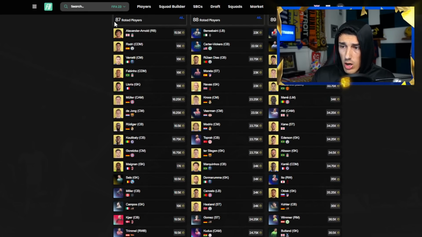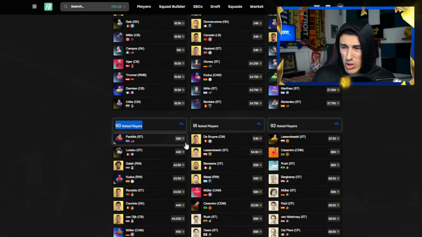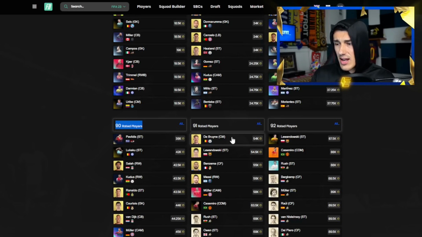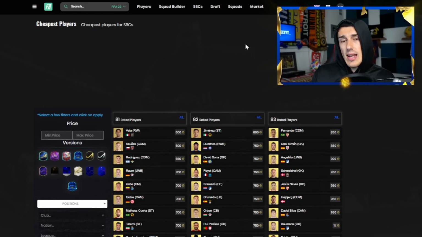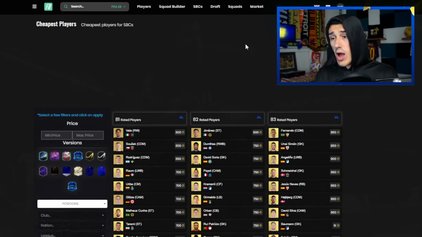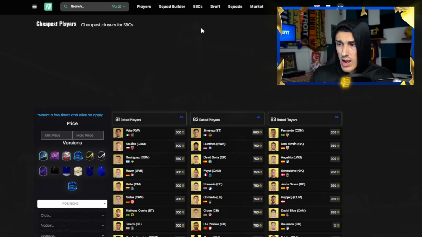Some of my favorites are 87, 88, 89. I mean, even 90 Pavlidis right now, as a 90 rated card, is only 38,000 coins, guys. That is so ridiculously cheap. I don't think there's really any downside to investing in fodder right now. I think you are safe to go in 100% of your coins on those, and you're probably going to